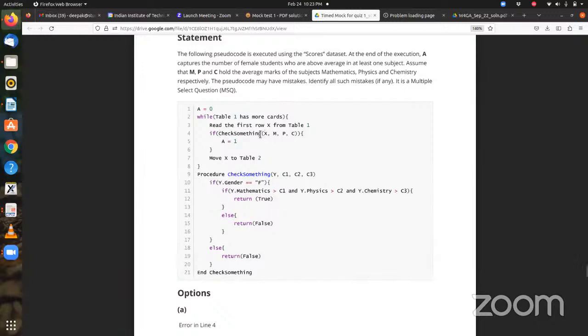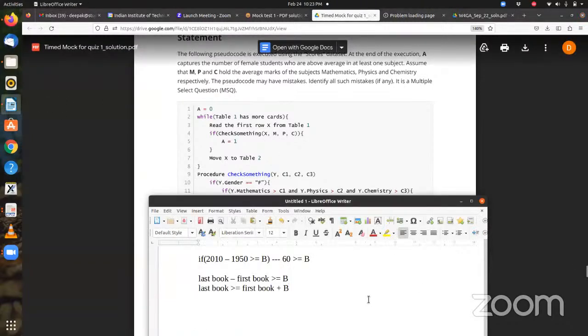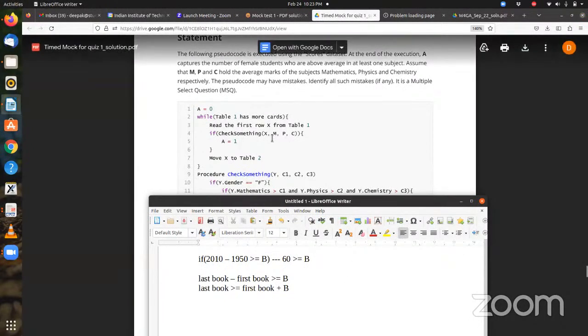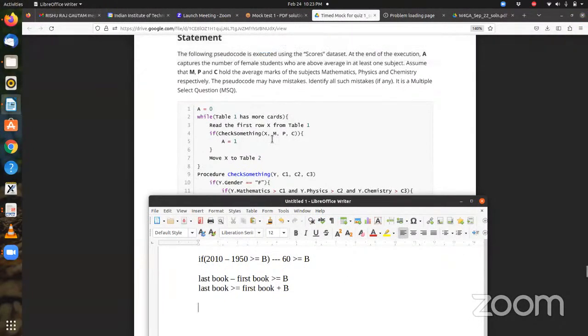So the procedure check something is called with how many parameters? 1, 2, 3, and 4. As soon as it is called, the value will be stored in X and copied to Y. So how does a procedure work? Whatever values you call the procedure with are copied to the parameters of the procedure. So Y will be X,